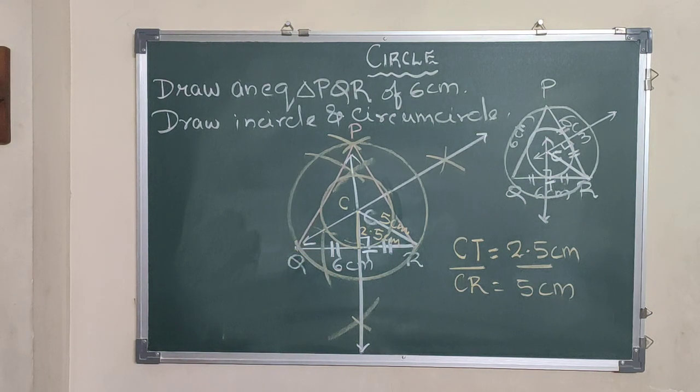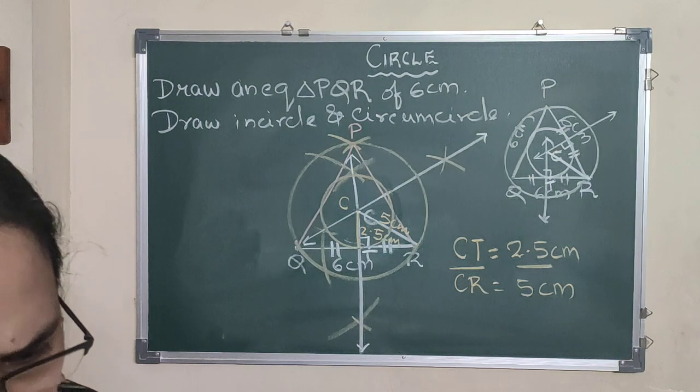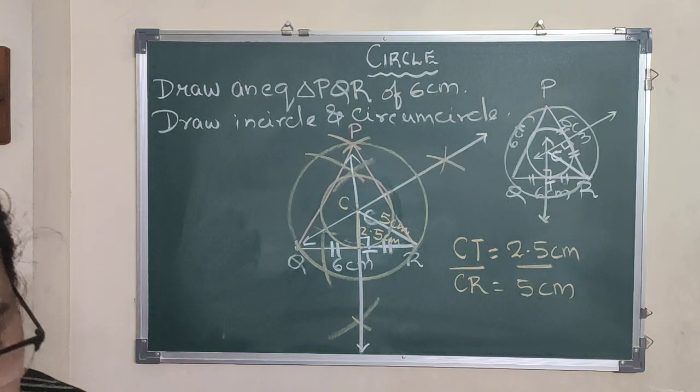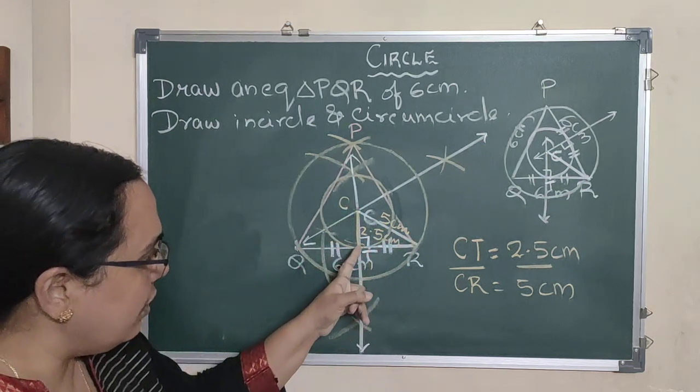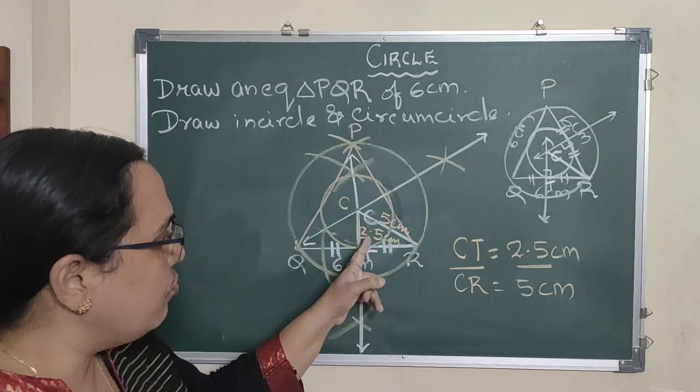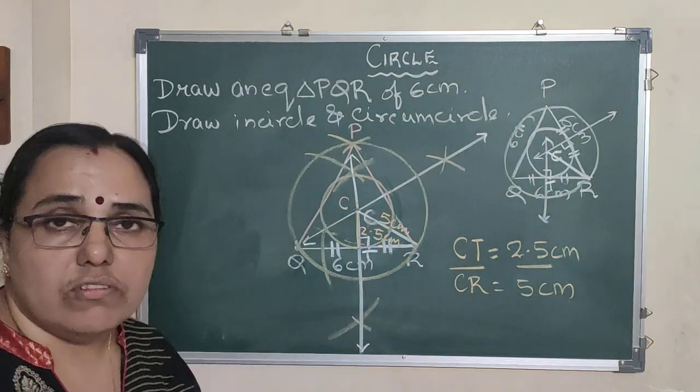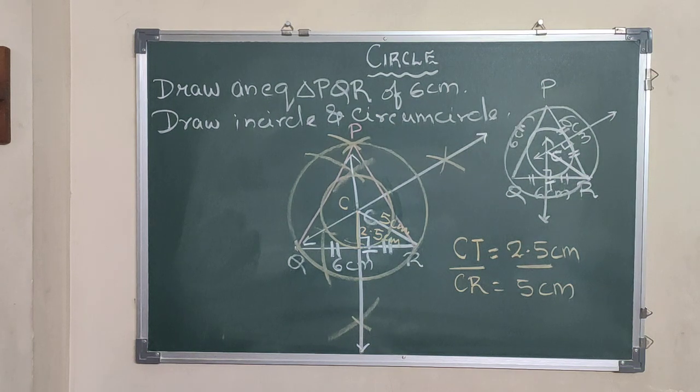To make you very clear, just have a look at page number 87. The first question there asks you to find the ratio of the radius of the circumcircle to the radius of the incircle. I have found the radius of the circumcircle, I have found the radius of the incircle. So 5 upon 2.5 will give me 2:1. Remember this just above the exercise. So kindly make note of it. Okay. Now going further into the exercise.